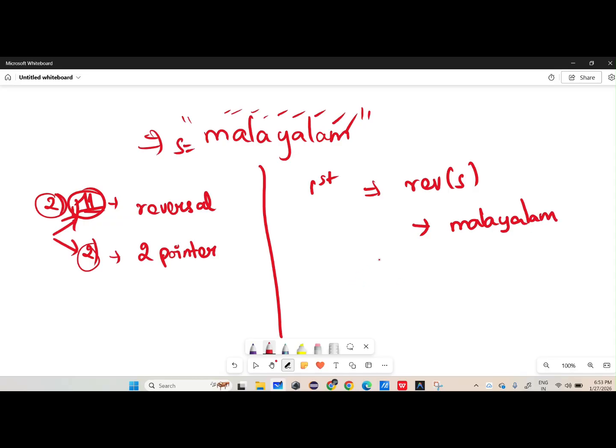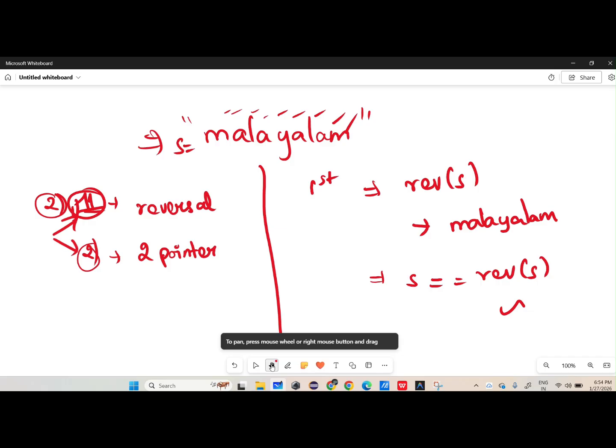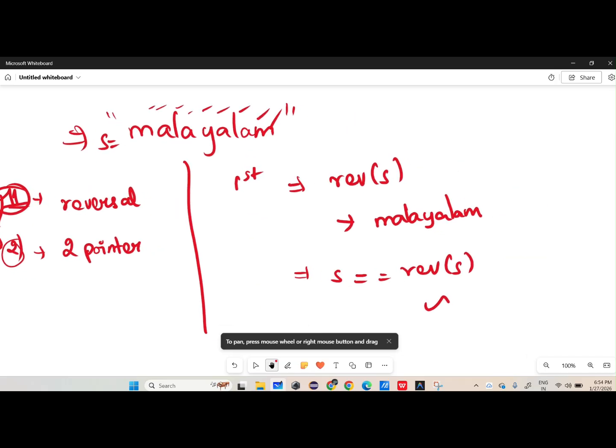Then I have to check whether the given string is equal to the reversed string. If both strings are equal, this is a palindrome, or else it is not a palindrome. So this is the first procedure. In it, you are reversing the string, then checking whether the reversed string and the given string are equal or not. For example, if the given string is hello, the reversed string is